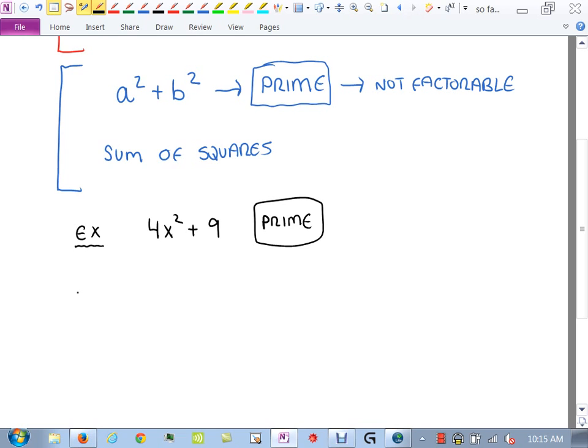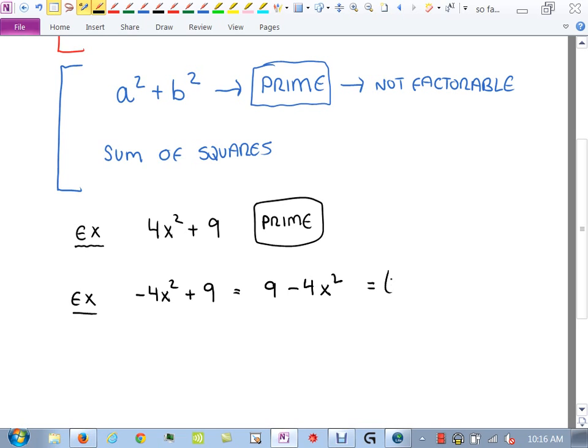Now, what about this? I'll put it right below it. Yeah, see, this one you can switch it, right? You can change the order. So the thing is, I don't want you to look at this and be like, okay, the thing I need to look for is a plus sign. If I see a plus sign, it's prime. That's not the case. Here, the plus sign, yes, it's making you think it might be prime, but because that's a minus, you could put it on the other side of the 9,